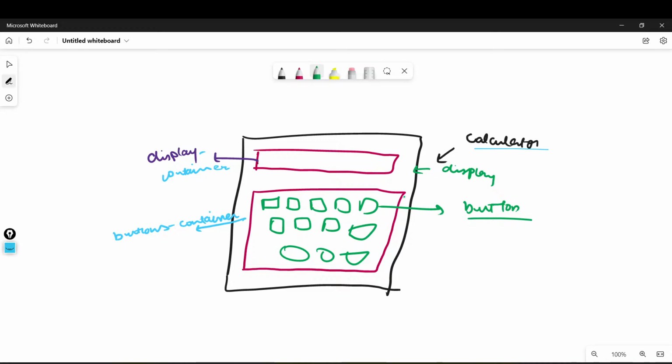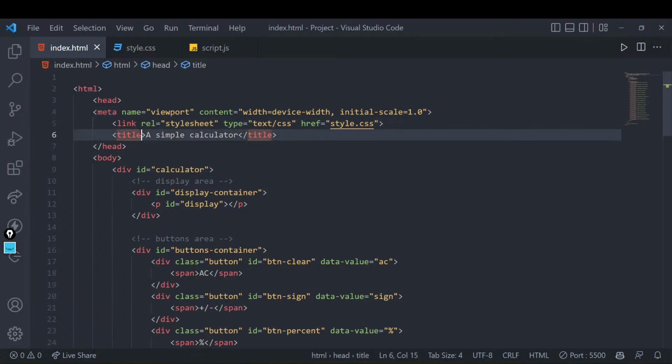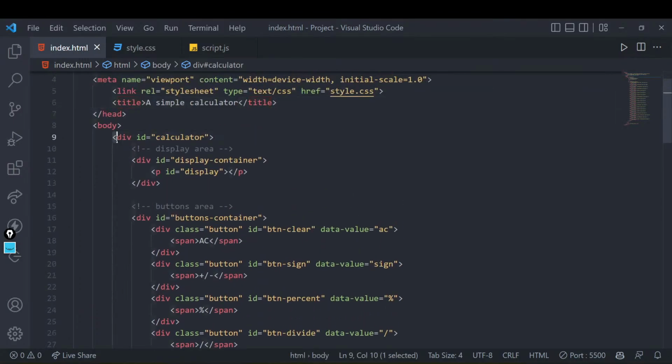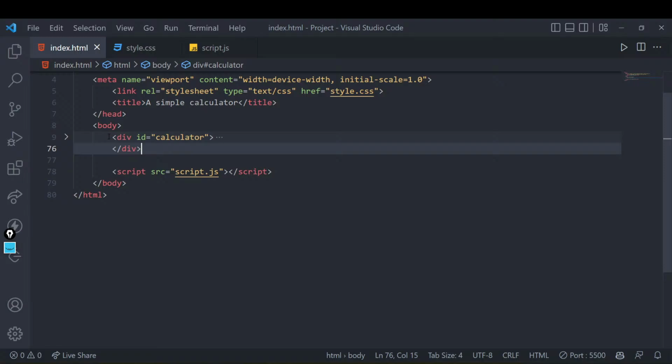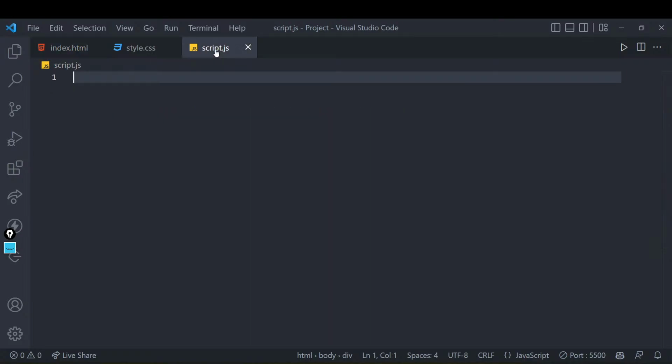I hope the outer structure, the skeleton of our project, is clear to everyone. Let me also go to the page and show you there as well. You can see that all these things are very simple: the link tag, the title tag. Now in this main page, let me collapse that area. You can see that we only have a division inside our body, and that division is called calculator. Since we are writing a script file and a style file, those are added as well.